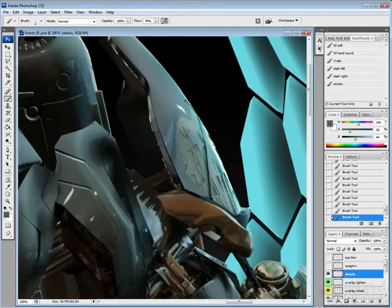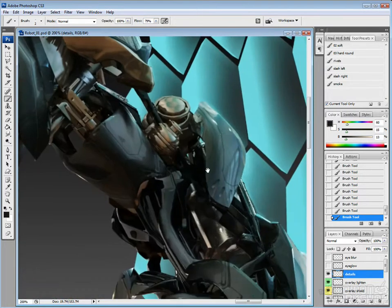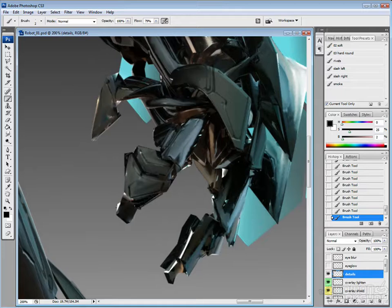Here our shoulder pad is kind of clipping through that piece underneath, so I just want to clean that up. Some weird lighting going on here. So just going around and seeing what pieces